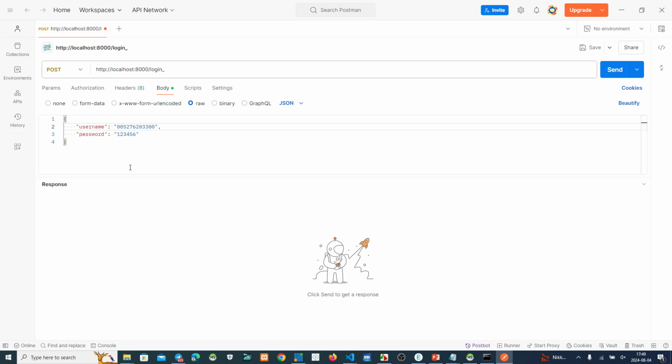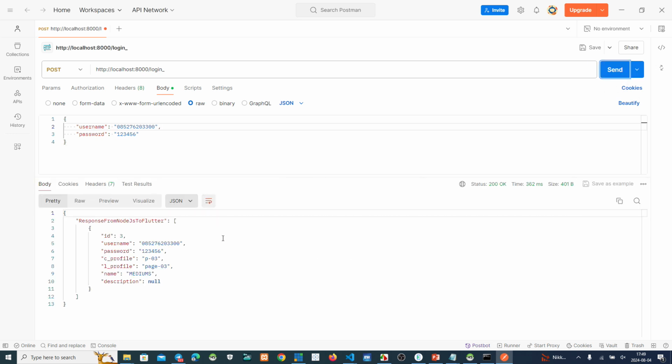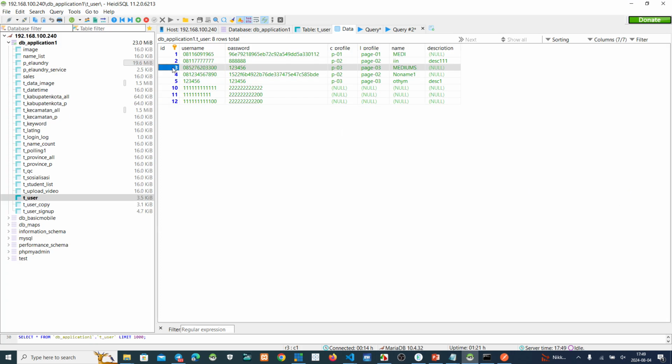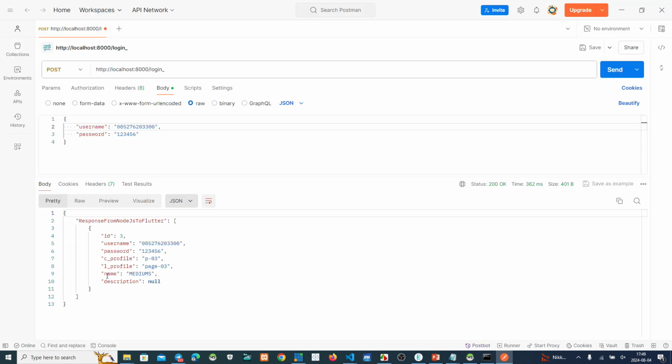If we use Postman as a front end, click here. This one, ID number 3. We can see this one, number 3, and then name medium.